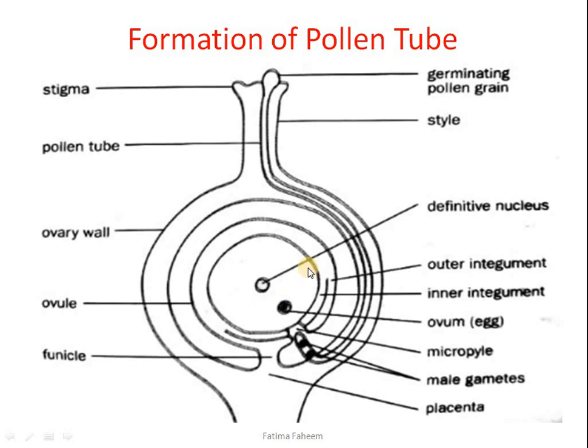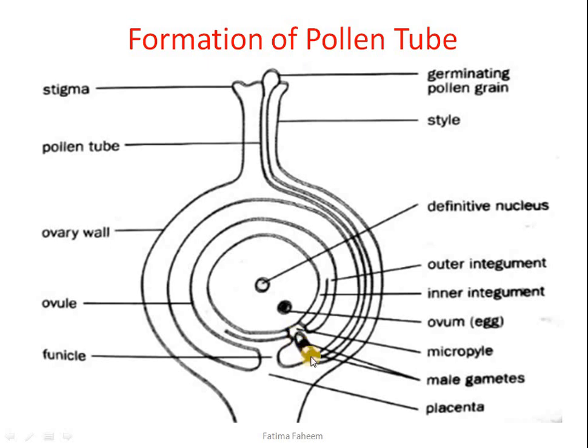It can be divided into inner and outer integuments. Here you can see that the ovule contains two female gametes. One is called the definitive nucleus, which in some books is mentioned as polar bodies, while the other female gamete is called the ovum or egg. Here in the pollen tube you can see two small dots which are shaded. These are representing two male gametes. Remember, the function of the vegetative nucleus was just to form the pollen tube. So once the pollen tube is fully produced, this vegetative nucleus will soon disintegrate. Now only the generative nucleus will be left behind, which will undergo division and form two male gametes.